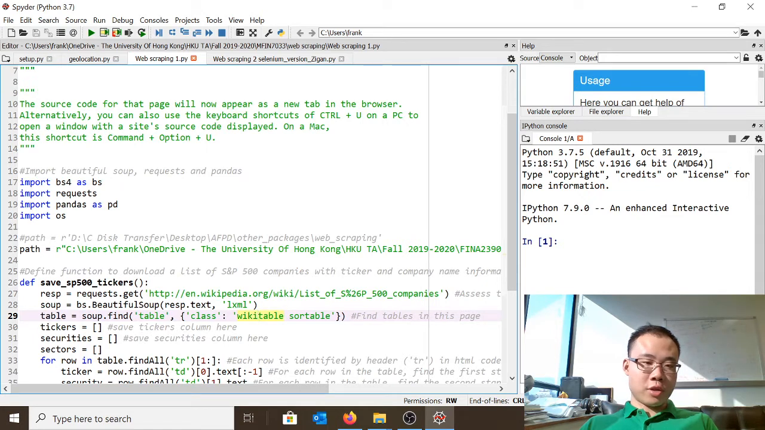several different packages. The first one is called Beautiful Soup. It's called bs4, and the second one is requests. For bs4 and requests, we use them to download and analyze the source code of a web page. Okay, for every web page that we are seeing,